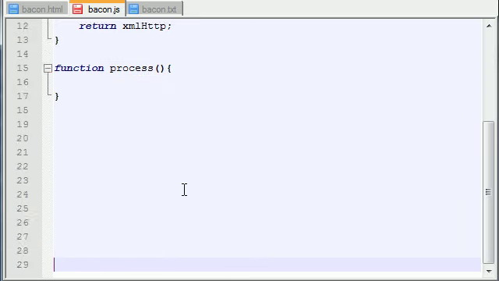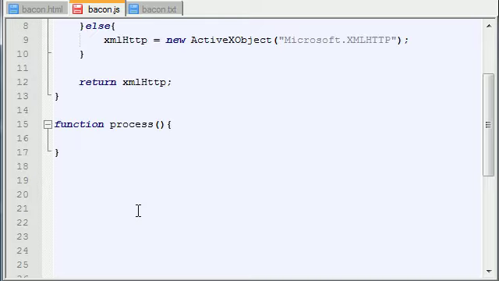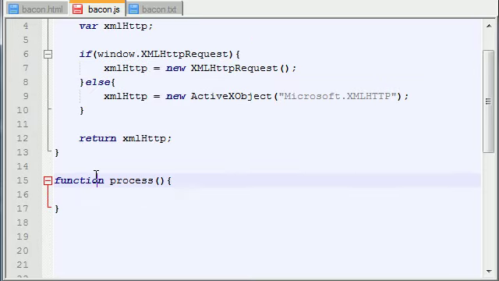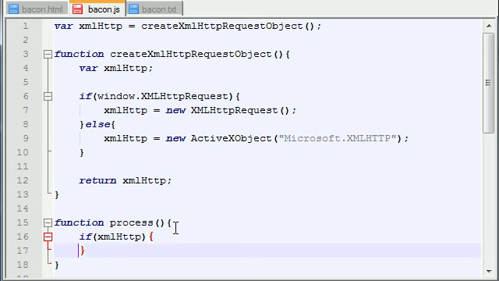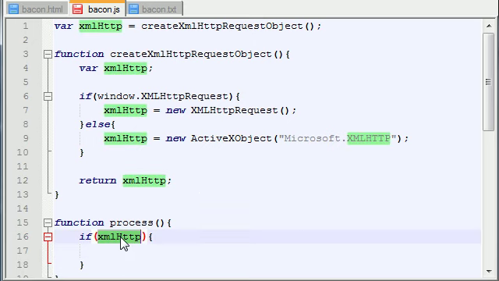And let me give myself a little more space to work with here. Alright, so remember that this function gets called as soon as the web page loads. So the first thing that I like to do is make an if statement that says, okay, if XML HTTP. Now, why do I like to do this? What's the point? Well, what this does is it checks that this object is not void,